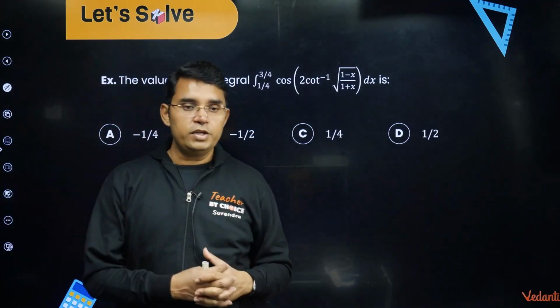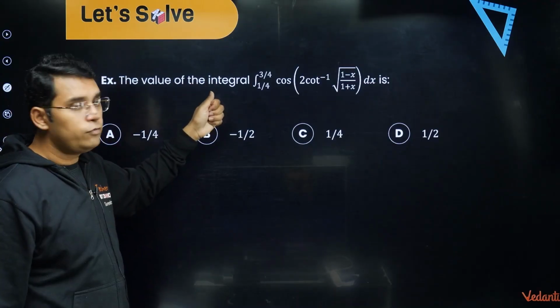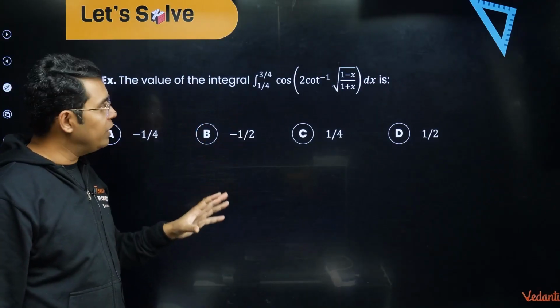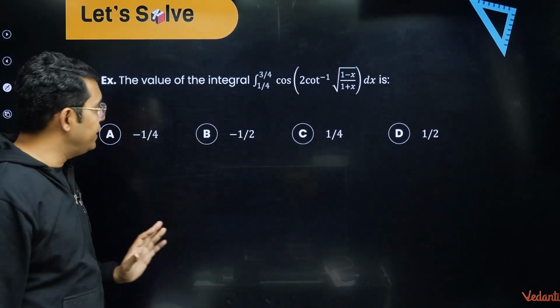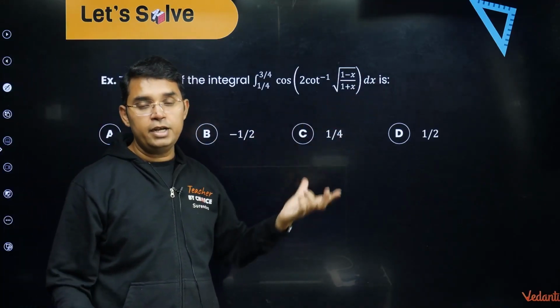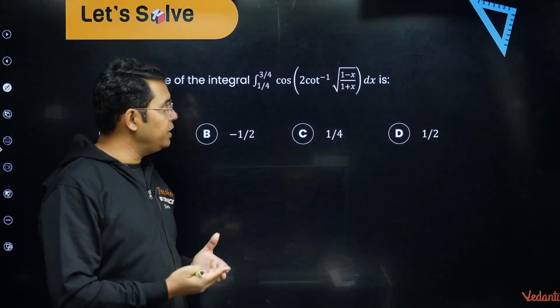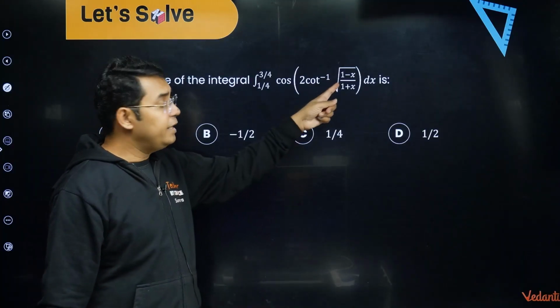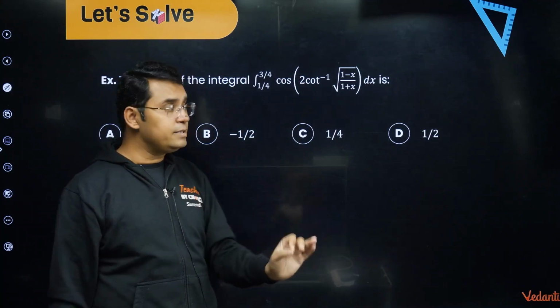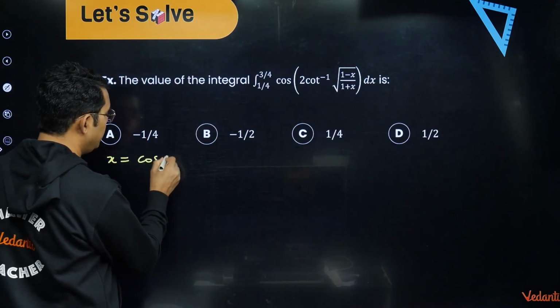Now coming to this question where we are given the integral from 1 by 4 to 3 by 4 of cos of 2 cot inverse under root 1 minus x upon 1 plus x dx. Now dear students, whenever we are given this kind of expression, and you must have done it in your inverse trigonometry, then differentiation, and then integration,